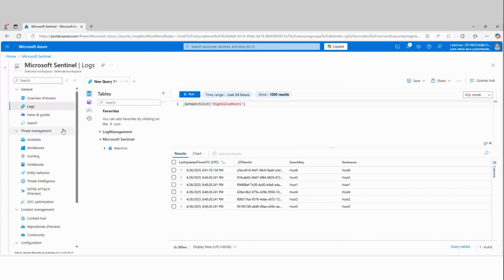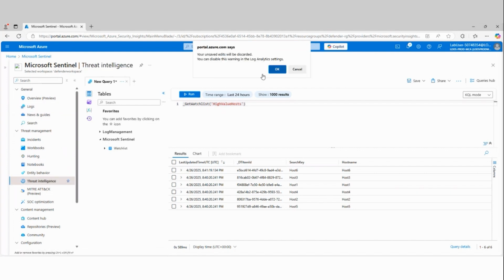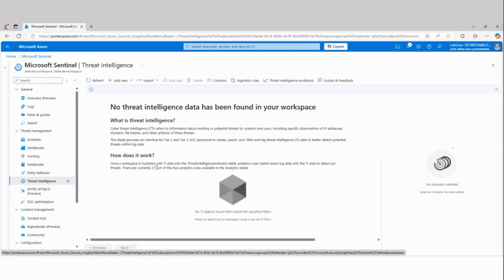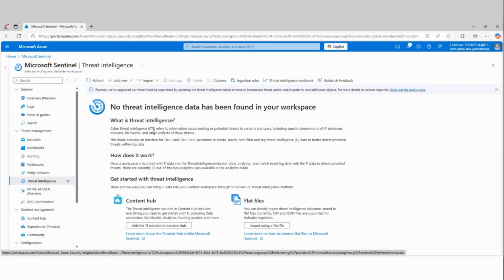In your enterprise, you want to have a repository of threat intelligence data. You want to know what are the known threats out there in the world. You want to know about as many of those as possible. And the beautiful thing about Sentinel is it can assist you with that. Sentinel has a threat intelligence section here. So if you go down to threat intelligence, this is where all of your threat intelligence data will show up.